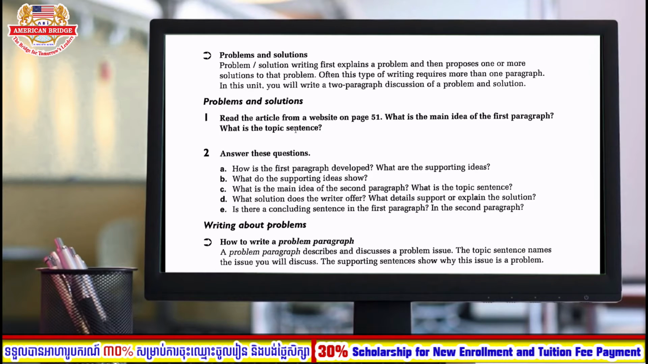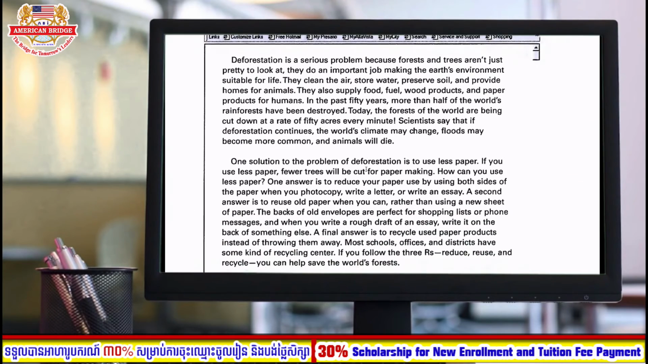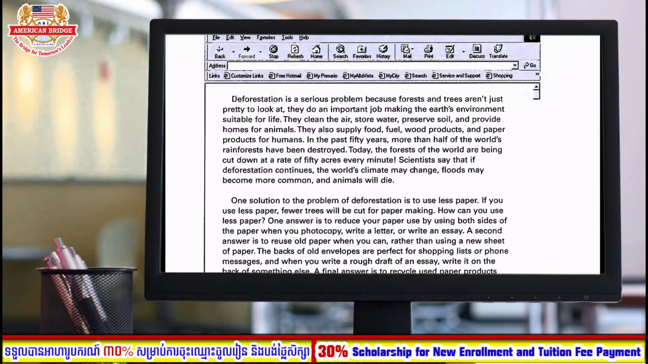Okay, so here is an example of a problem and solutions paragraph, which is an article extracted from a website. So the question is, what is the main idea of the first paragraph and what is the topic sentence? All right, so just look at this one. Just pay attention to the first paragraph. Deforestation, this word means to cut down the trees on a massive scale, which means you cut down a lot of trees, so we call it deforestation. So deforestation is a serious problem because